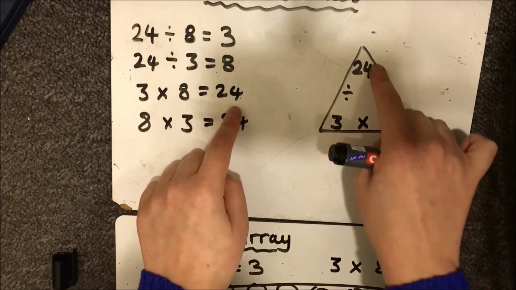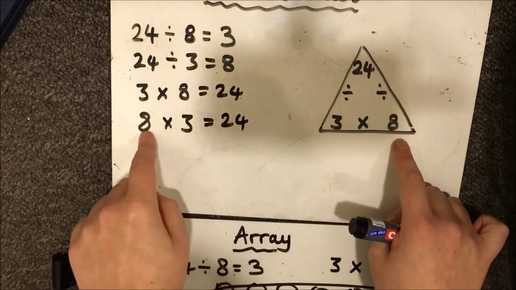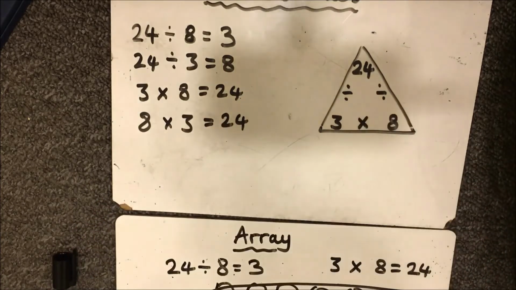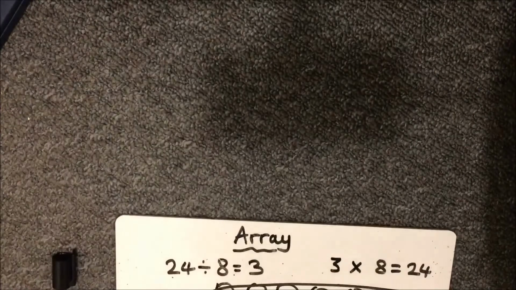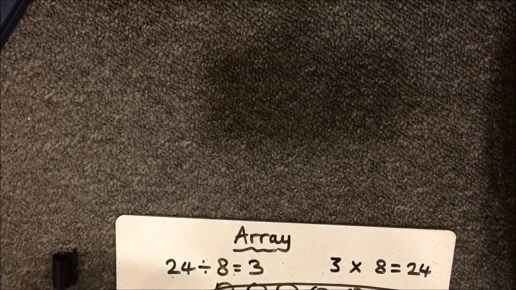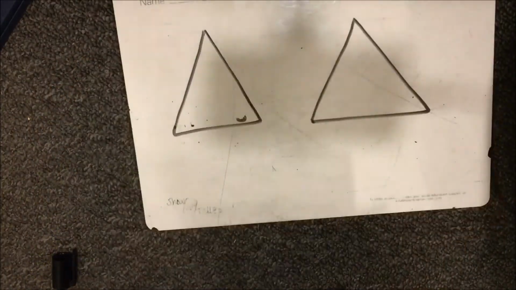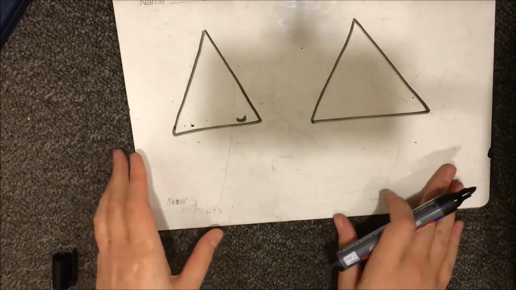3 times 8, 24. 8 times 3, 24. It's really clever how the numbers work together to make the different number sentences. Let's try another one. So you need to put in numbers from our 8 times table. So you might do,